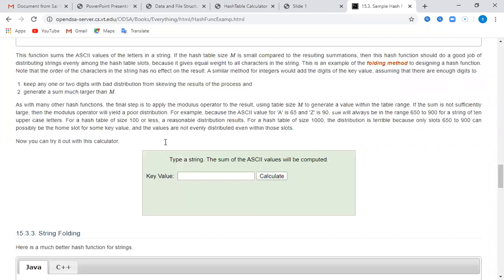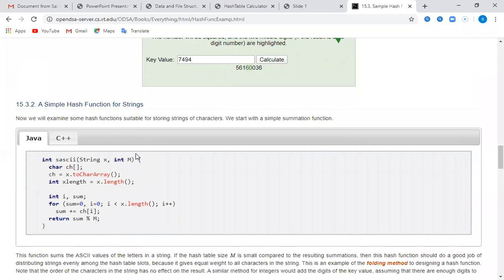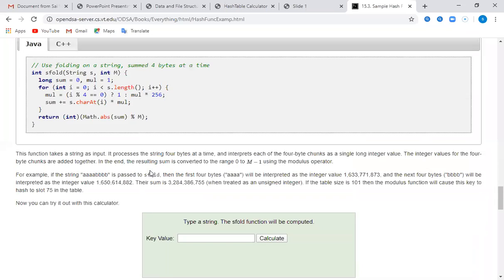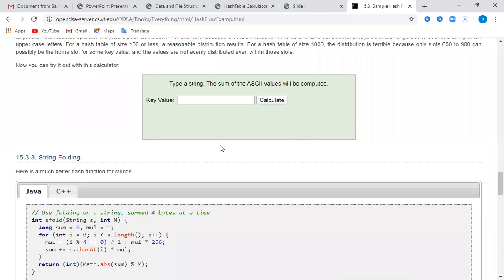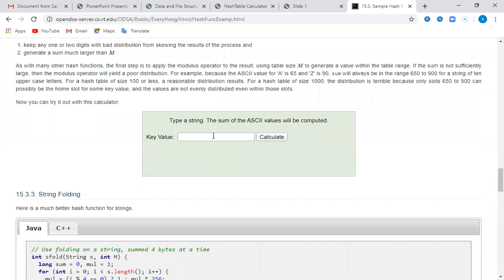So next one is the folding method. Depending upon the ASCII value, we have to calculate. I have given the key value UVA. Where is UVA going to be stored in a hash table of size 1000?